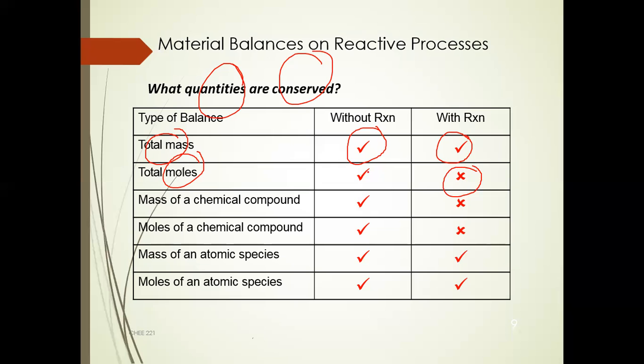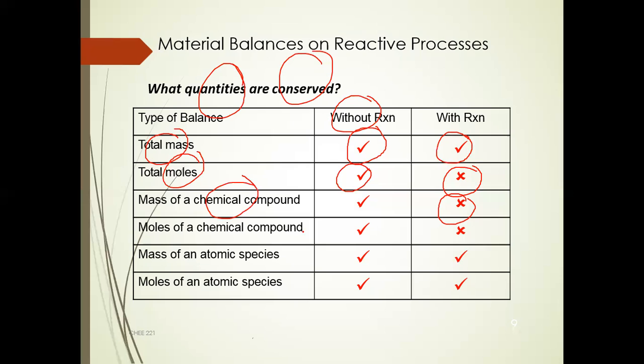But for a non-reactive system, the moles balance will always be conserved. Moles entering the system will be equal to the moles leaving the system. And similarly for a chemical compound, when you apply the mass balance it will be the same for the non-reactive system, but it will not be conserved for a reactive system, because when our reactant compound is converted into product compound, there may be some accumulation terms and some generation terms within the system, and there may be losses, so the input mass will not equal the output mass.